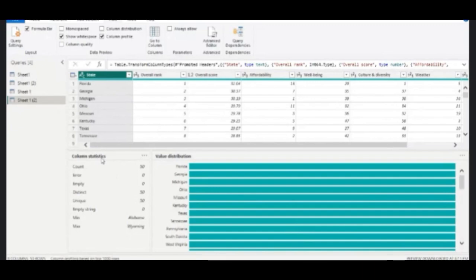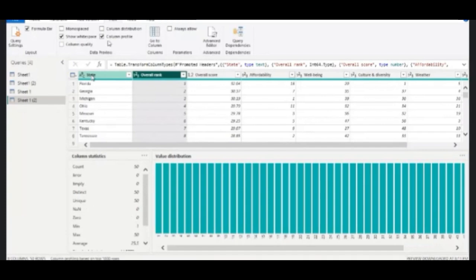So this is about column statistics. These come based on the column profile. You can look at every column, and you should. So this is for the state column. This is for overall rank. Like this, you should check for errors, whether errors are coming or not. Main thing: out of these 8 statistics, you should search for errors. And then